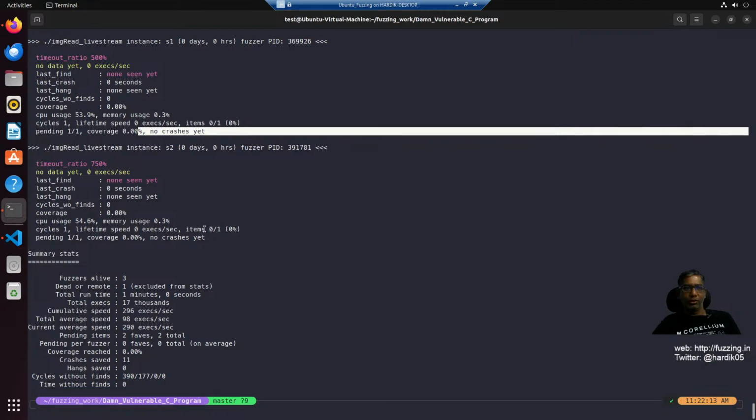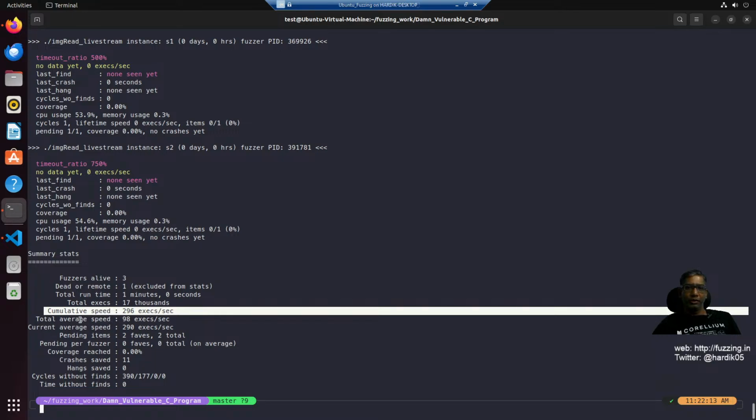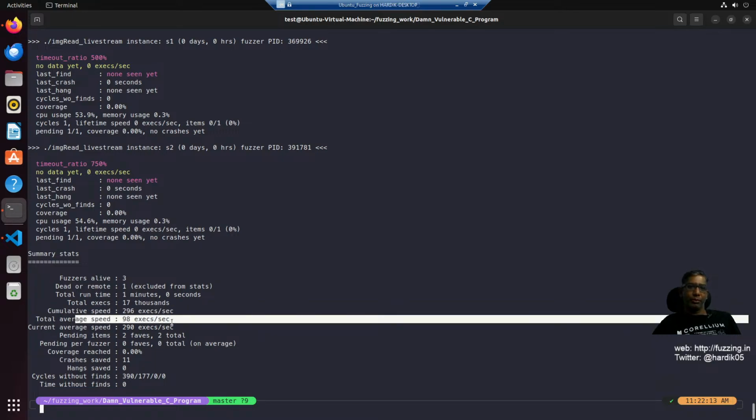For the third, no crashes. This is how you can use this tool and come to speed. It will give you the total average speed, like what is the average speed per fuzzer, what is the cumulative speed,